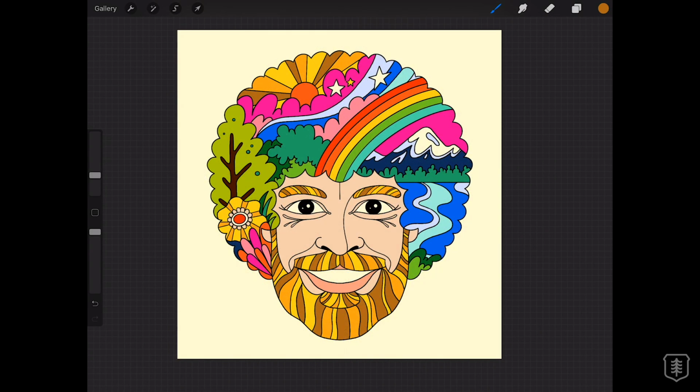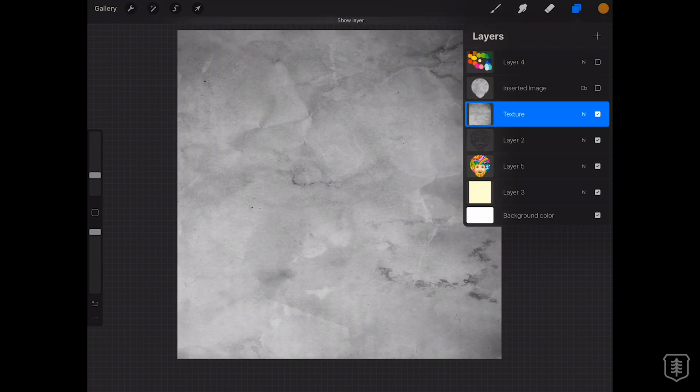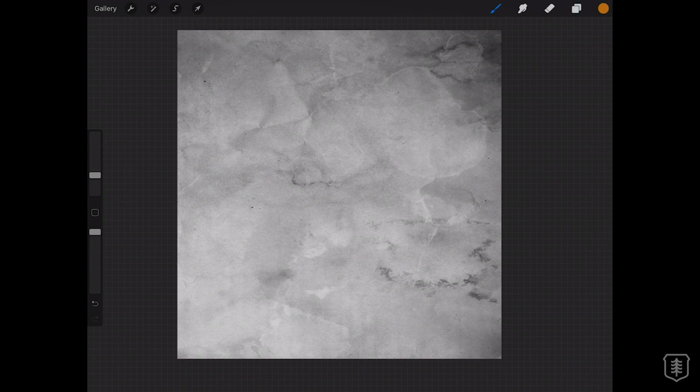Getting that textured look here in Procreate really isn't that hard. You don't have to ship it off to Photoshop. You can get it done here. All you need to do is get a high-res texture image. So I downloaded this texture image of maybe some water stains on paper or cardboard. And the one thing you do need to make sure of is that it's black and white,